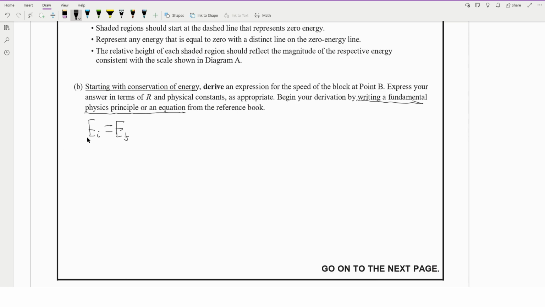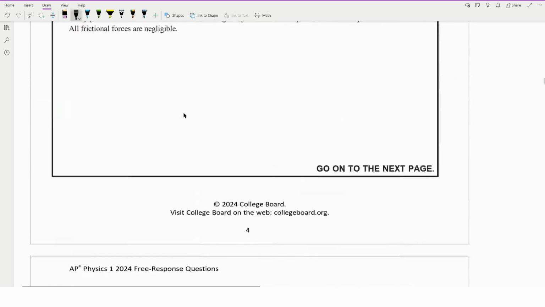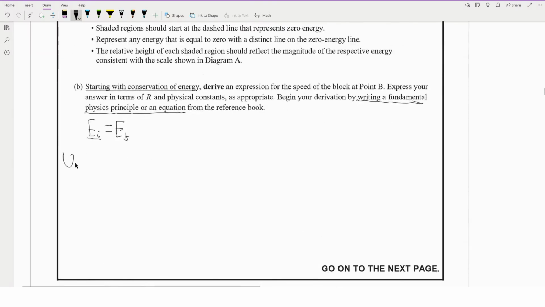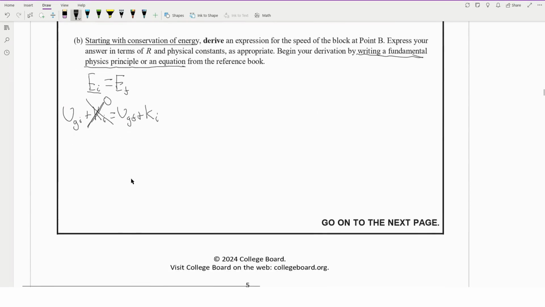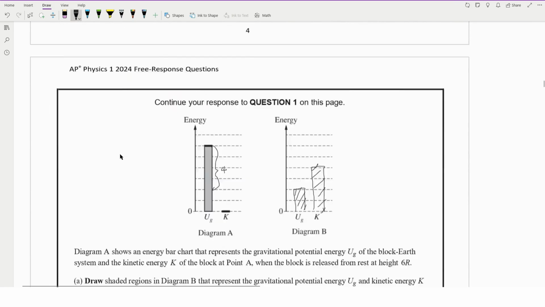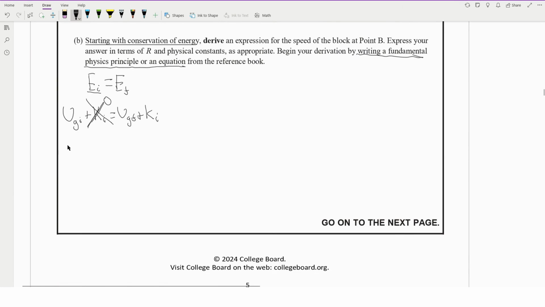So, what consists of the initial total mechanical energy? Well, as we can see, if it's a block-Earth system, the total mechanical energy will be the gravitational potential energy plus the kinetic energy. So we write that for both of them and we expand. However, we can note that the kinetic energy initially is zero because initially the block is not moving. So what we're left with is the initial gravitational potential energy, which is mgh, which is m times g times 6r,